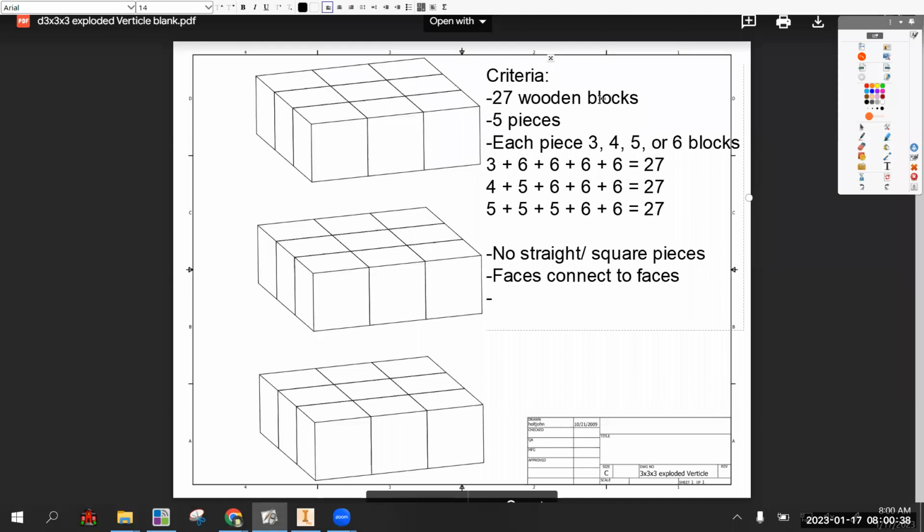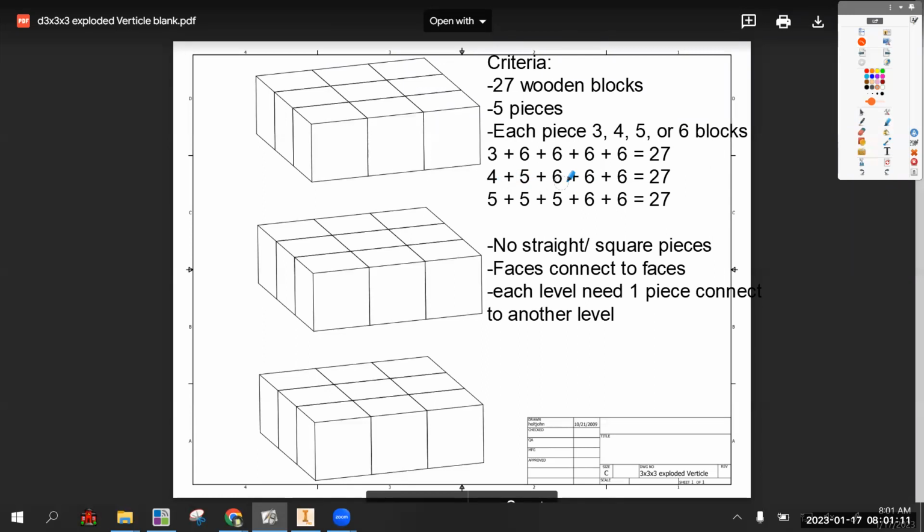At least, how do I say this? Each level needs at least one piece connecting to another level. Now, this is a little complicated wording wise, but the idea is, so if I'm doing 4, 5, 6, 6, 6, and I make my